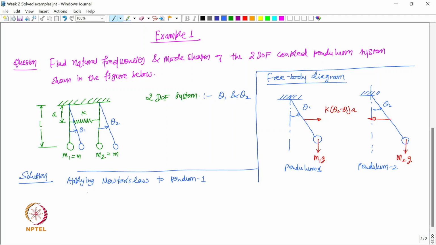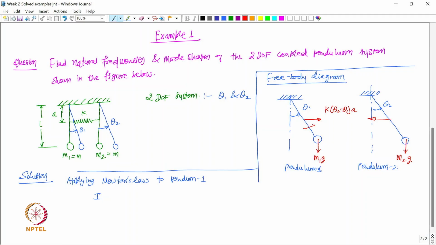So the moment about the point at which it is hinged to the support at the top, at that point the moments can be taken, and that should be equal to, if let us say the moment of inertia of the pendulum about that point is I,